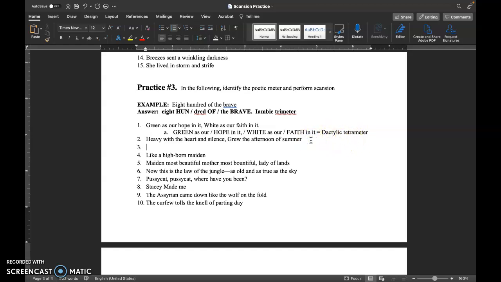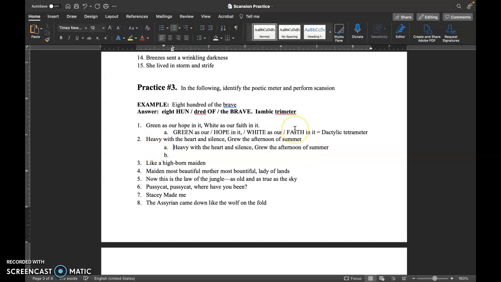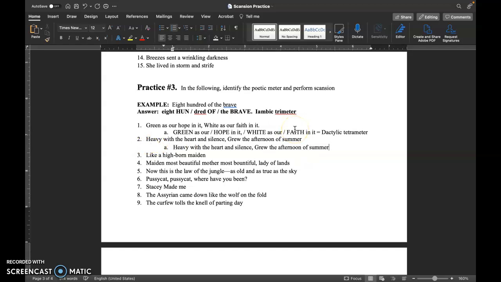Let's do another one. So let me just copy and paste that, right? That would be so much quicker. Silly me. Copy and paste. Here we go. So, same process. Let me find the multisyllabic words. So, heavy, hev-e. I definitely know that's 2. Heavy. And then with the heart and silence, silence. Okay, that's going to be 2. Silence. Groovy, that's lower